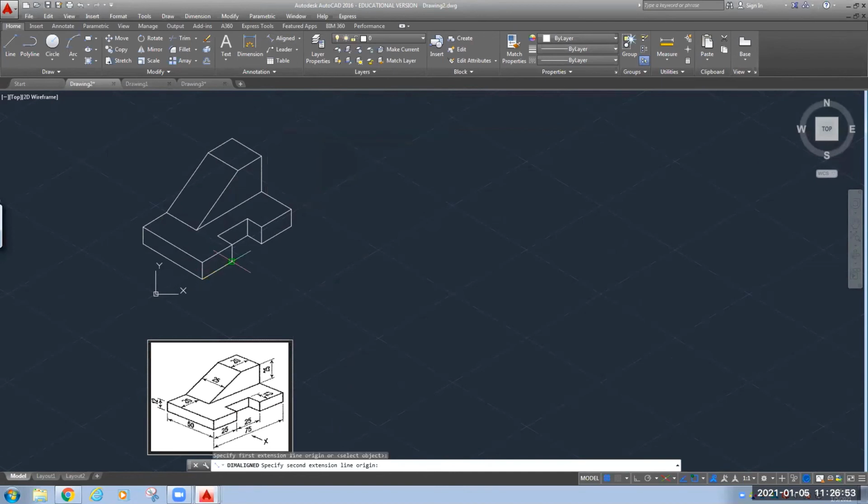We need to go for dim style, because here the dimensions are not visible.